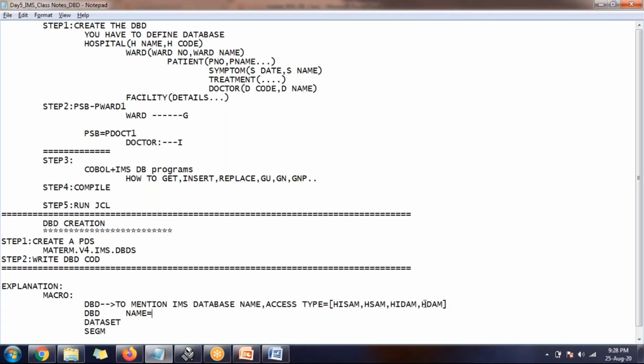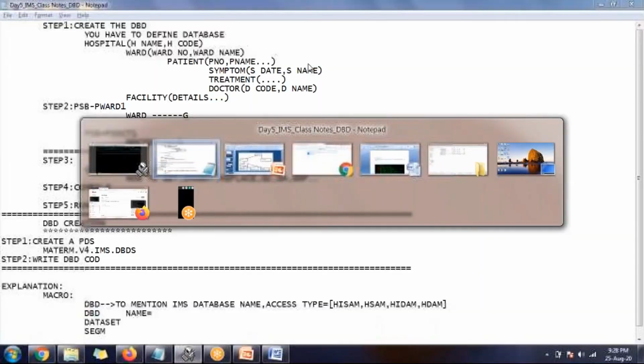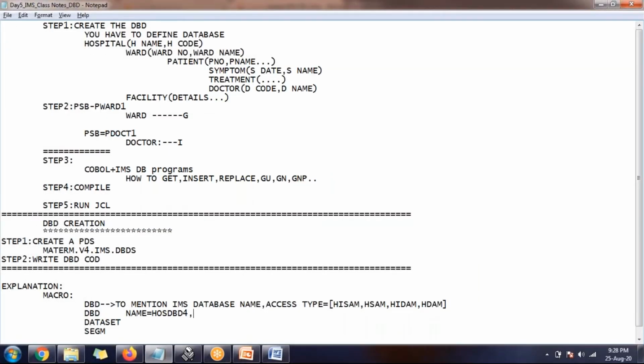So DBD NAME equals. I recommend you to give the name that I have given for this member, so there will not be confusion. You can give a different one, but it is better to go with this. Access, as I said, I'll be using HISAM as part of our demos. So this is the syntax and example.